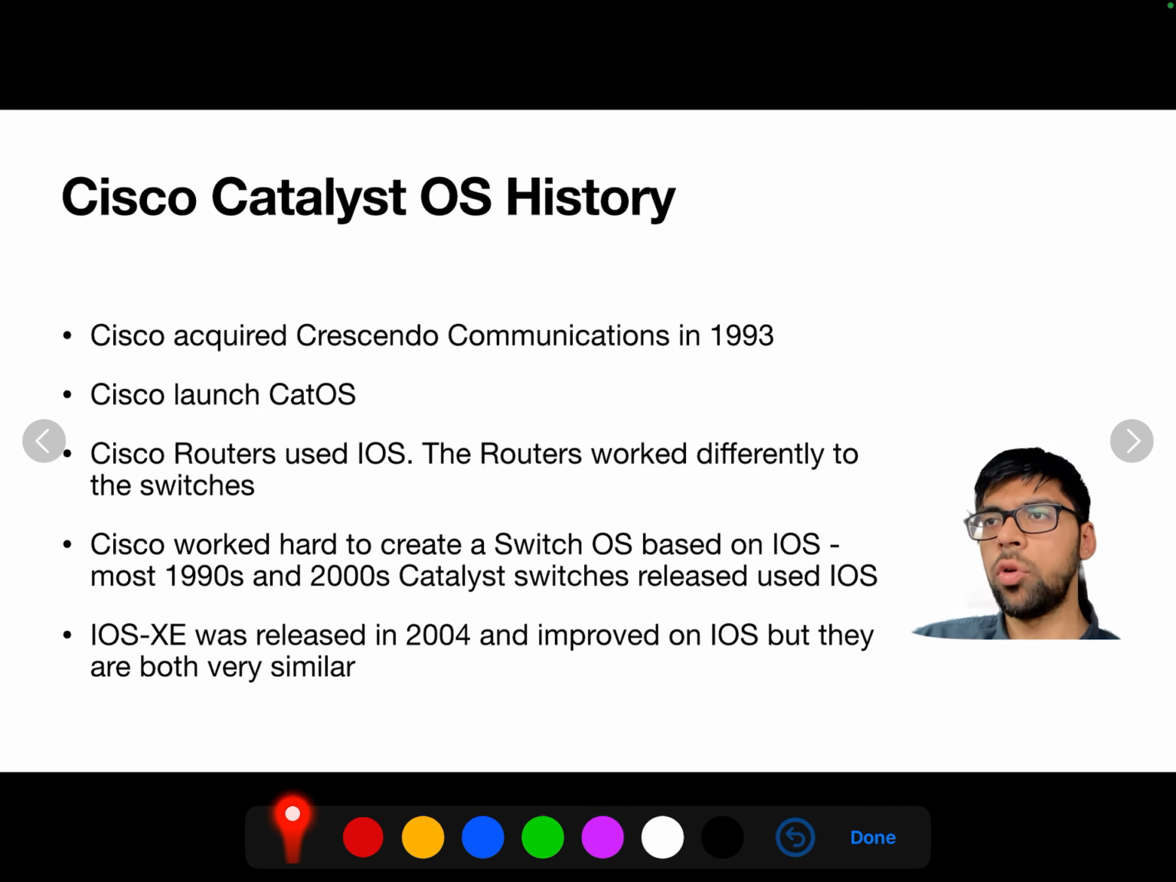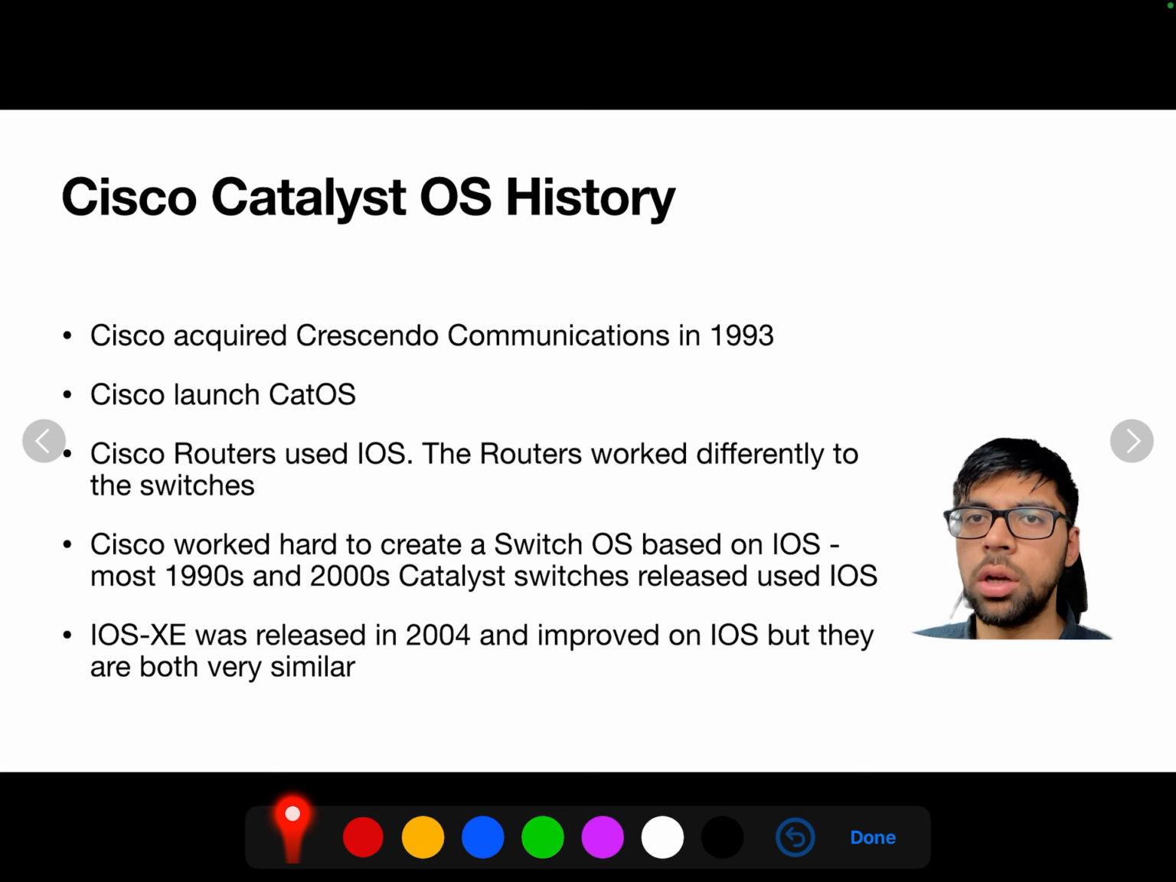In 2004, which was a very long time ago, 21 years ago, IOS XE was released, and that improved on IOS because there were some limitations. But it's very, very similar to IOS. The differences are quite minor, but in terms of the commands, when I'm talking about the actual command syntax,